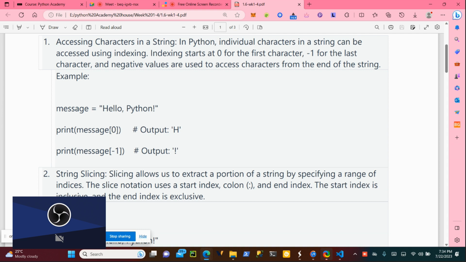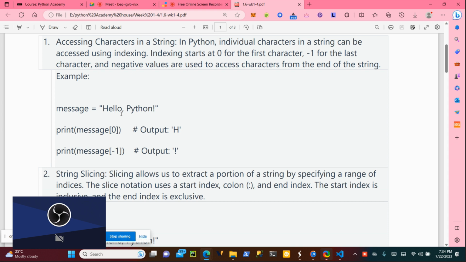So if I say message, then open and close square brackets, I put the position there. That position is the index. When I say index zero, it's going to give me H. Now the last one, if I say -1, is also going to give me this.